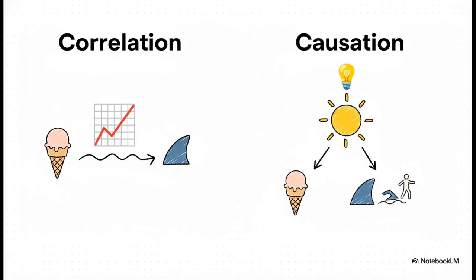See, today's AI is fantastic at spotting correlations. It can notice that, say, ice cream sales and shark attacks both go up in the summer. But an AI with causal understanding would know the reason why. It would know that hot weather is what causes both things to happen. That is the huge difference between just seeing a pattern and actually understanding how the world works.